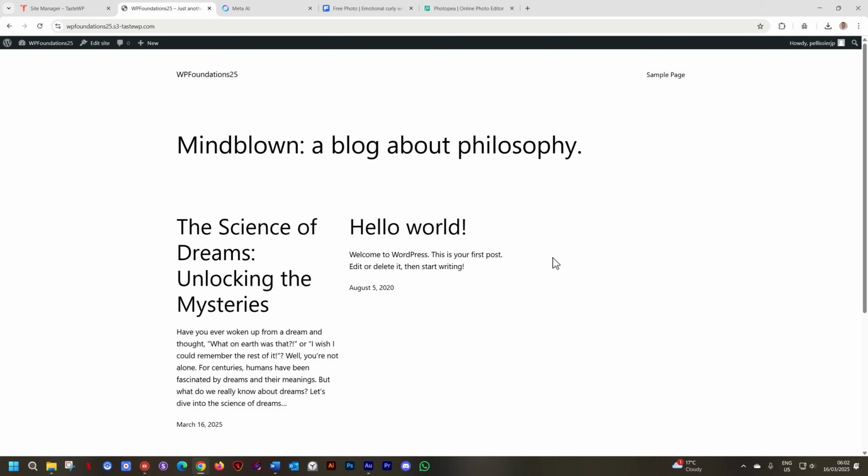So this area that is the front end currently for me shows all my posts in a grid form. We have this Hello World and we have the Science of Dreams. And when we add more posts later on, you're going to see how this one will build out. There's something crucially missing here. And that is we need to have an image that will display with the post when it is presented here so that it brings in that visual allure.